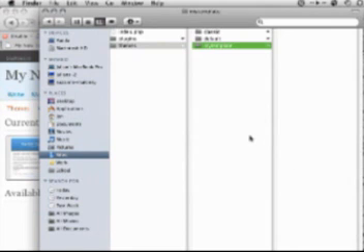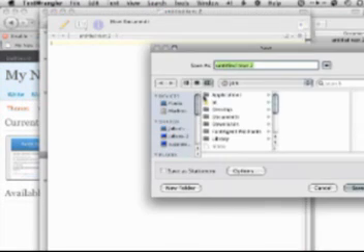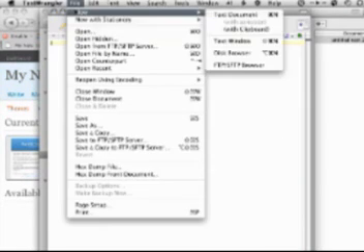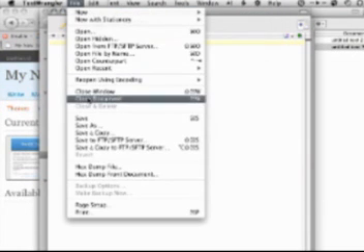So that file is absolutely required. Now let's open Text Wrangler and create ourselves a style.css file. I'm going to start by going File, New Text Document, File, Save As,